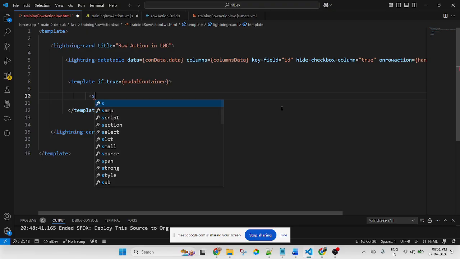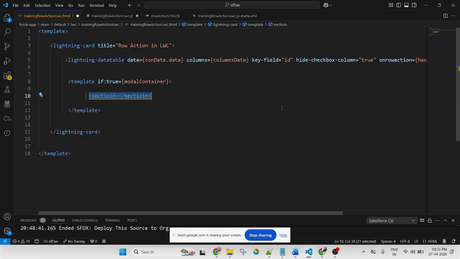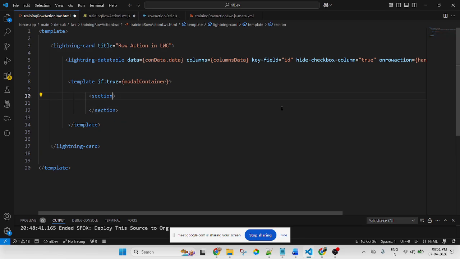First we create a section, section class SLDS modal, SLDS fade in open. This is a property to display a modal pop-up in LWC. This is a part of the Lightning Design System.